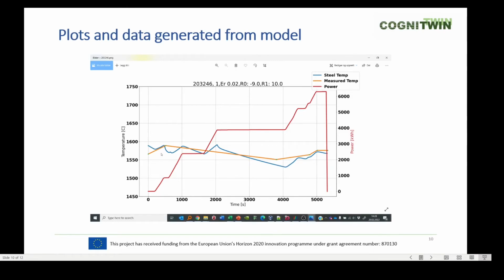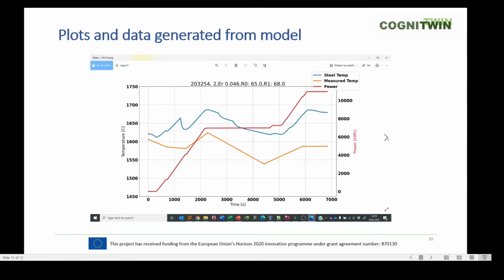We can also see that when we are injecting additions to the ladle, which can be alloying elements or slag formers, the temperature in the model is dropping down. This happens at 3 different times. And these details are of course not captured by the measurements, which are done just at a few times. If you now flip through a number of these results, you can see here that